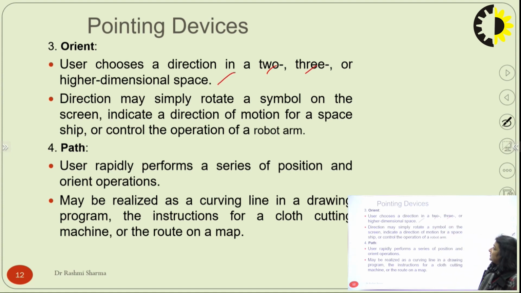The direction may simply rotate a symbol on the screen, indicate a direction of motion for a spaceship, or the motion of operation of your robot arm. Similarly, you can see the same example for your orientation when we use a Google Map. I think each and every student